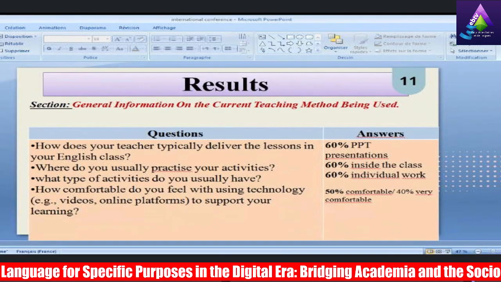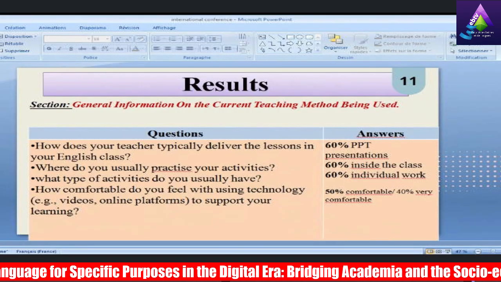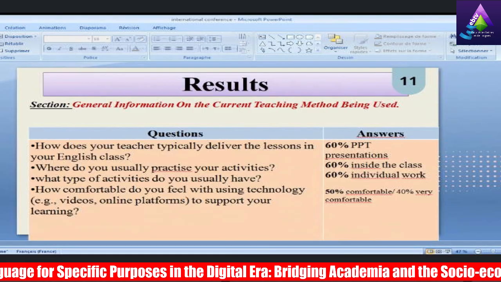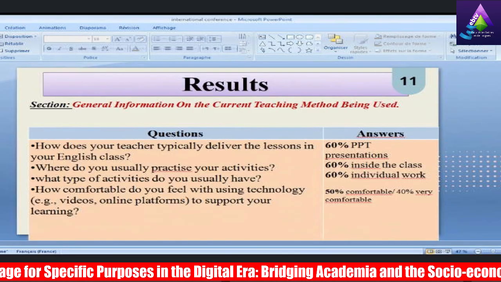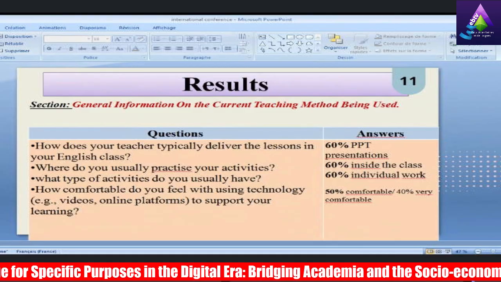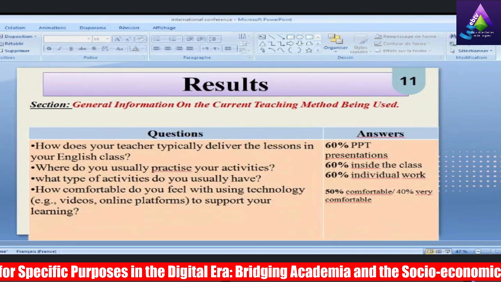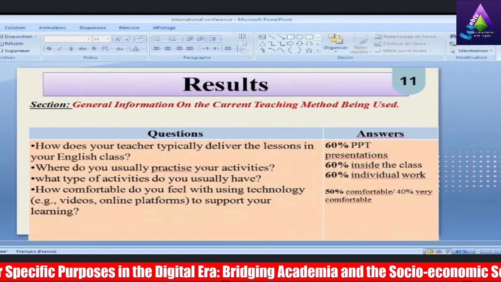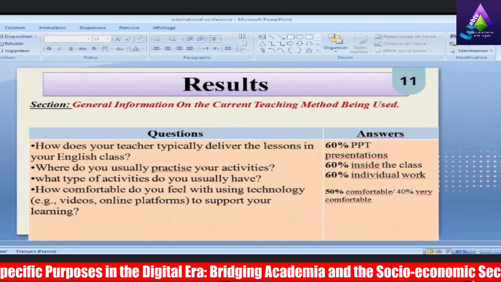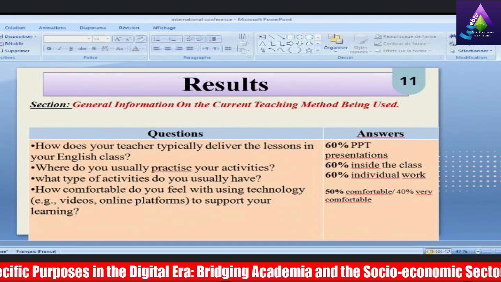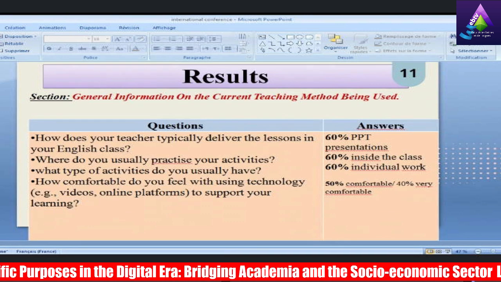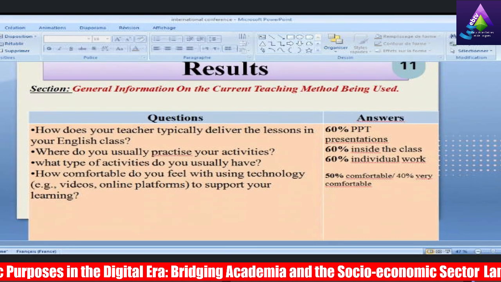I asked them some questions like, how does your teacher typically deliver the lesson in the English class? The majority said PowerPoint. Where do you usually practice? The majority said inside. So the summary from this section is that the students are currently using the traditional method. They are not using the flipped method yet.